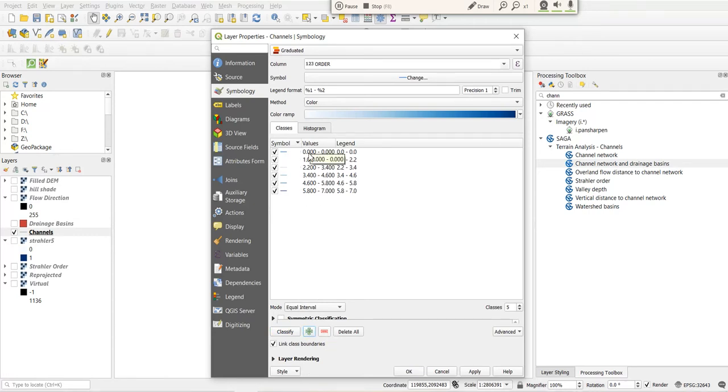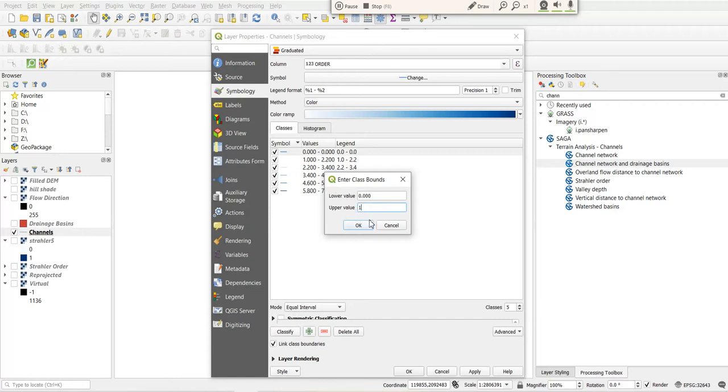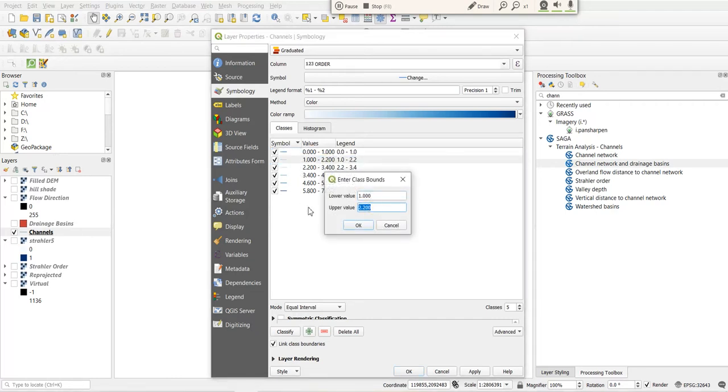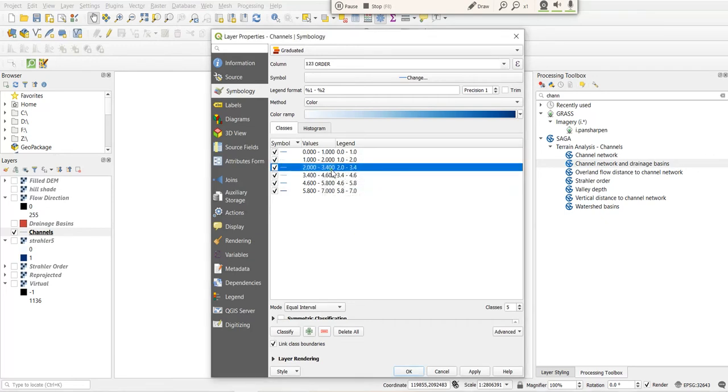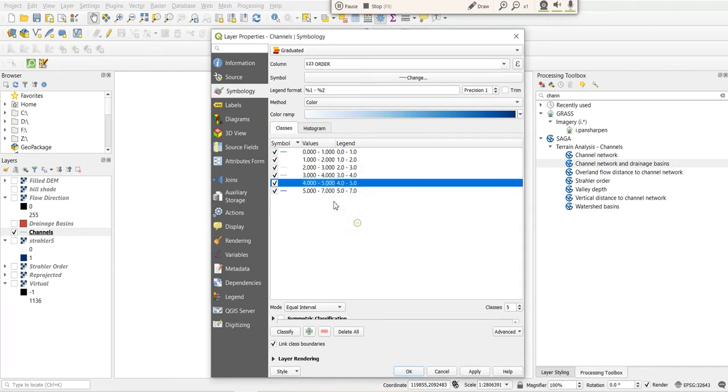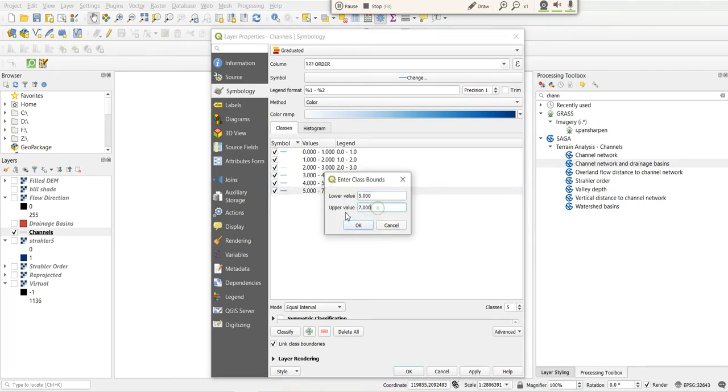So now I classified the values: first upper value is 1, then 1 to 2, 2 to 3, 3 to 4, 4 to 5, and 5 to 6, and okay.